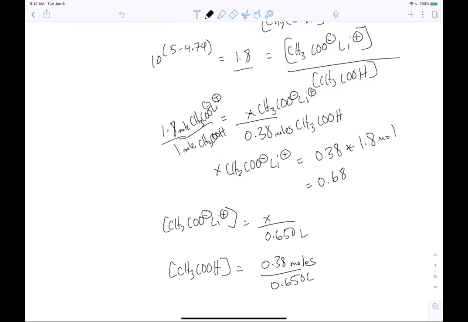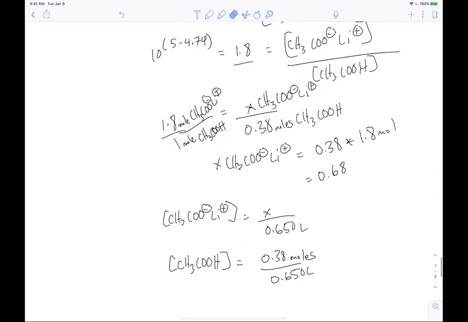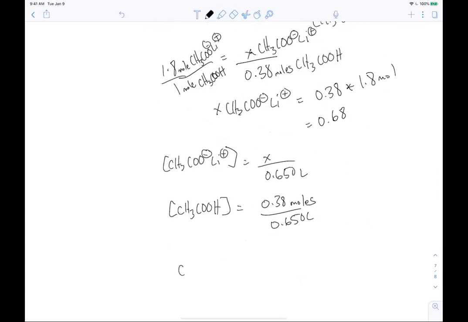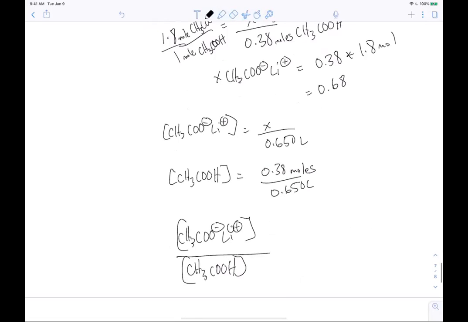And so even though you're not using molarity, if you plug these into a ratio, let's say you divide these two concentrations by one another, what we see is